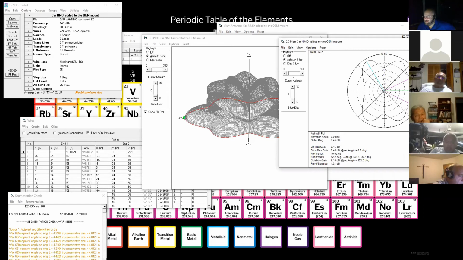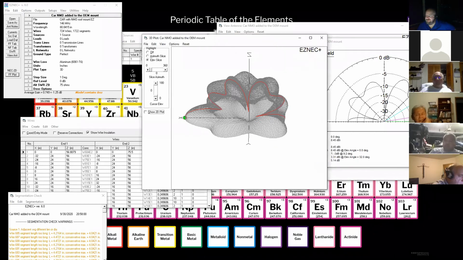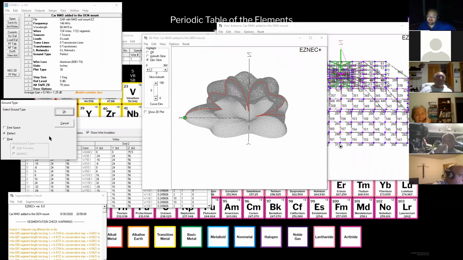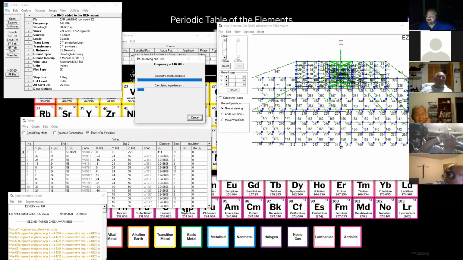So remember, I said, take those numbers with a grain of salt. And I fought with this thing and I said, okay, these are obviously the wires of the roof that are doing this. Why am I getting dead spots in my pattern? My elevation is looking even weirder. And then it occurred to me, everything's right here at 0 degrees. What the hell is that all about? I had totally missed that the ground was perfect. So if I go to a realistic ground and we run it again,